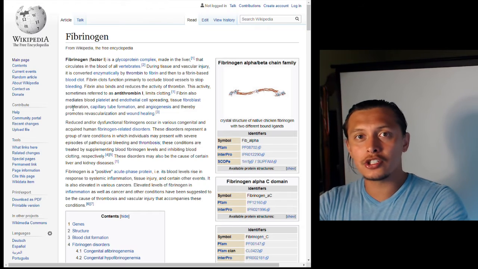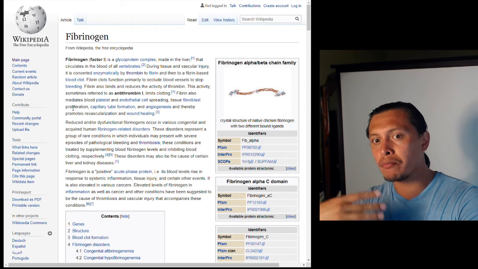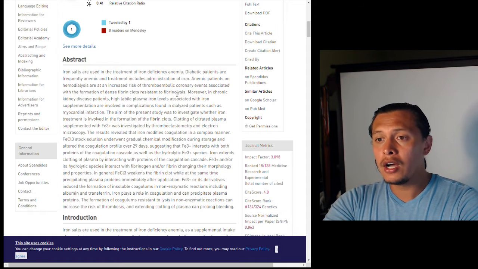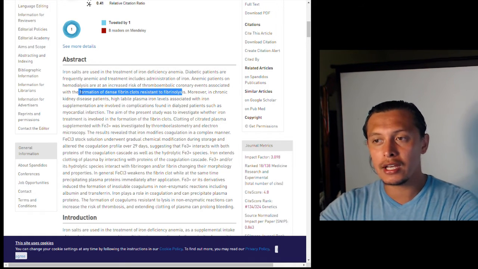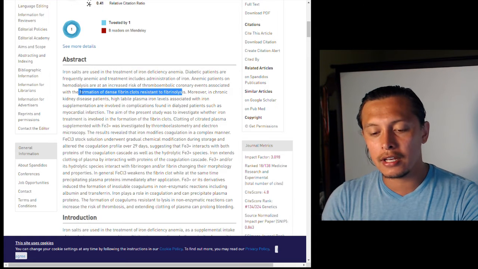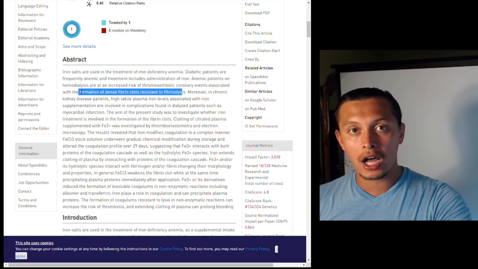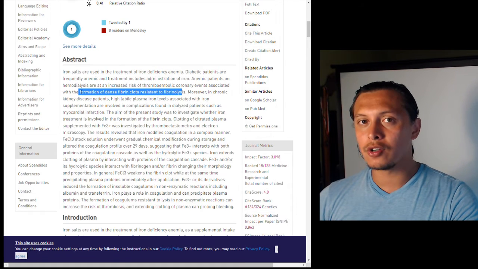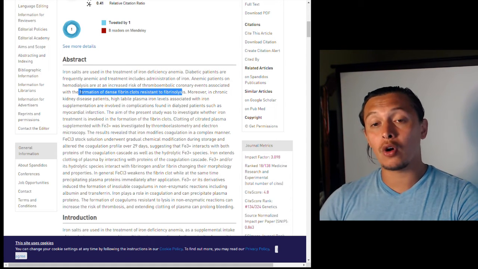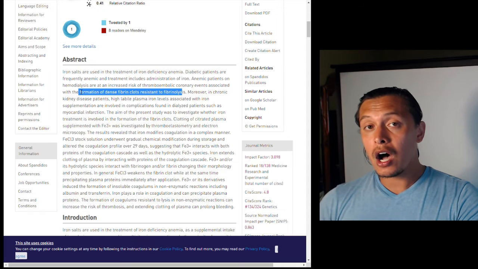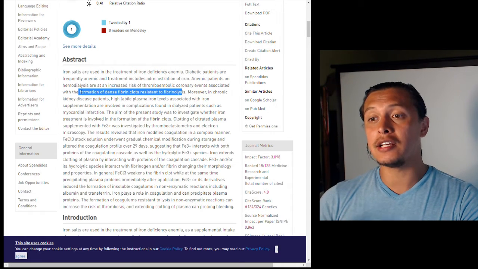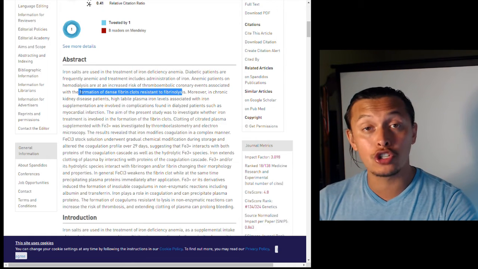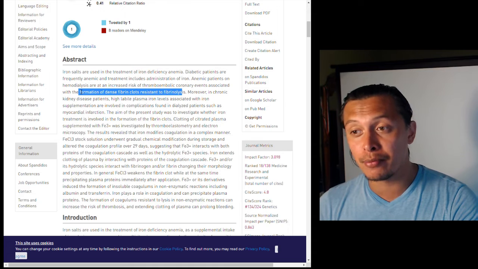So just keep that in mind. That is the general principle behind clot formation. So sometimes, if these diabetic patients are given iron to help with their anemia, every once in a while they are at a higher risk of creating these dense fibrin clots, and these dense fibrin clots do not easily degrade by fibrinolysis.